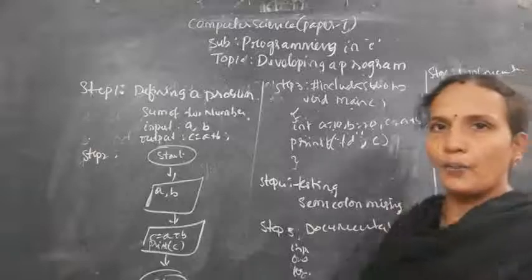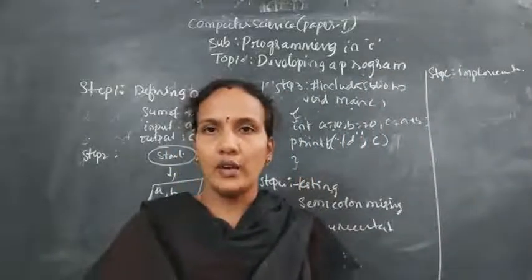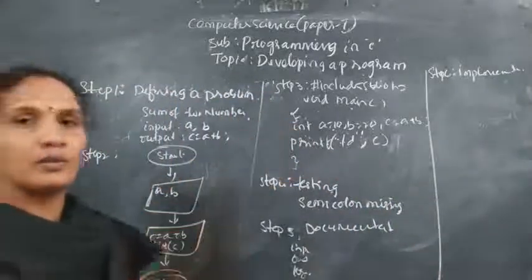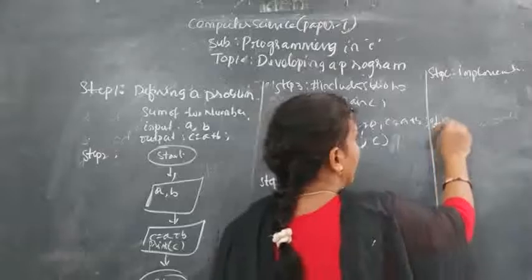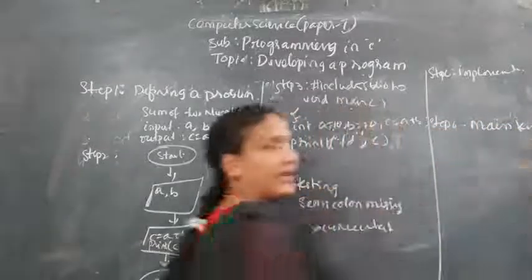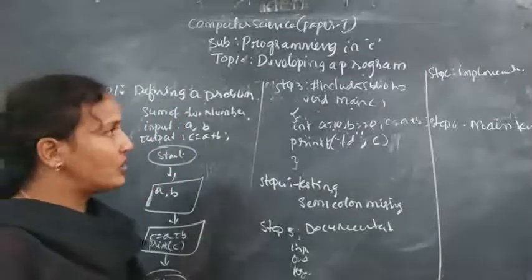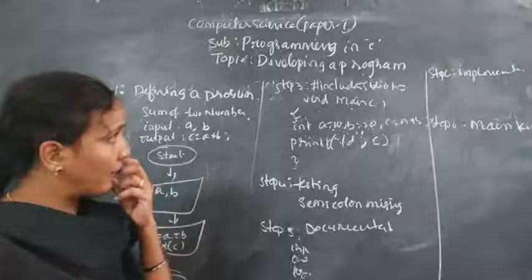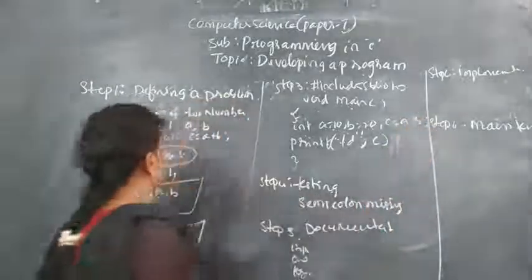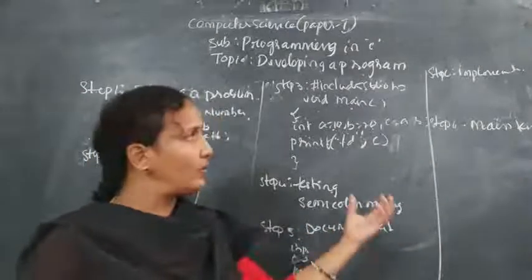Here what we do is run the program, to see whether we get the expected output or not. That is the implementation. After that, the last step is maintenance. Maintenance means if you want to change anything, that is nothing but updates, if you want to update existing content. Example, here I want to change the definition, instead of C equals A plus B, I want to give C equals A minus B. Same program is there. Just you will get a different output.